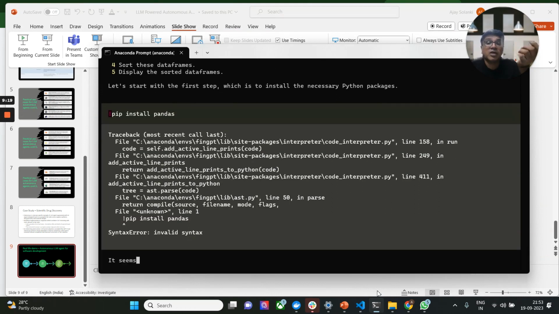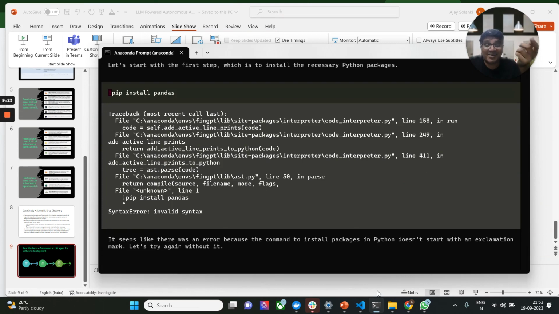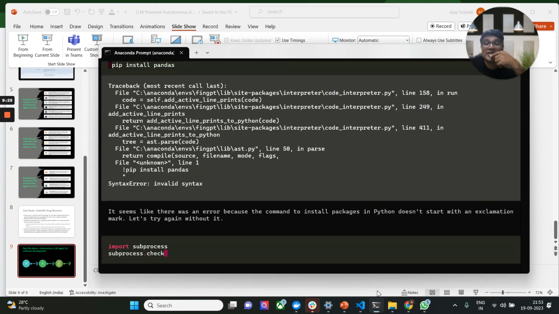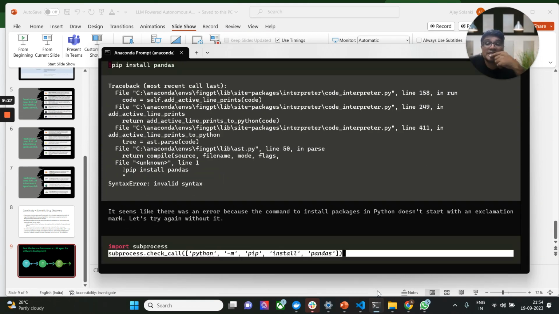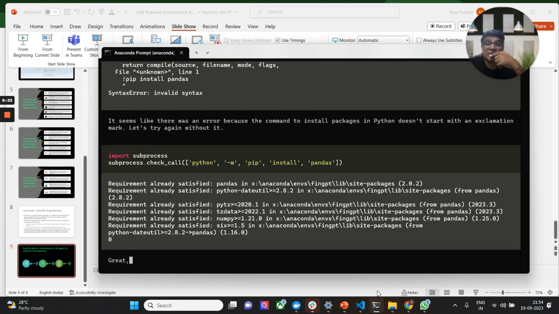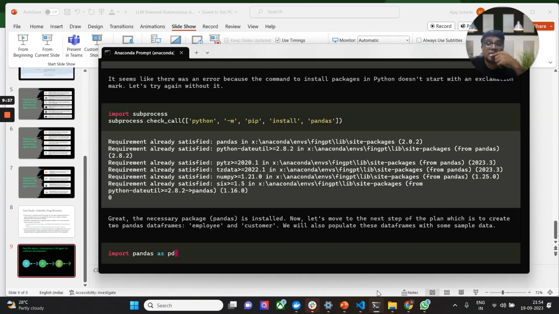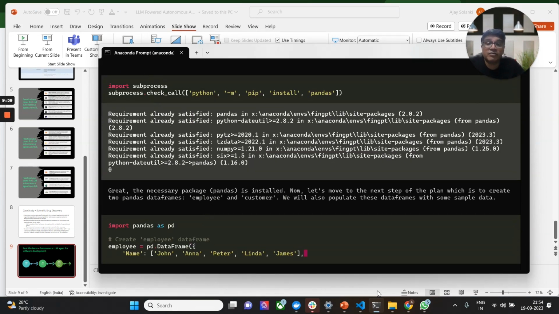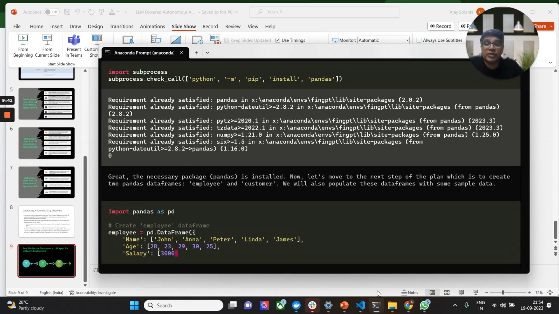In this case, it ran into an error. Here it's probably correcting the error simultaneously, which is a good thing. Here it's hitting pandas, because obviously pandas probably is not there. It's now going ahead and creating data frames for employee and customer with data.